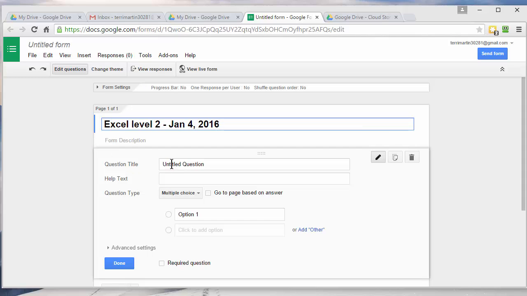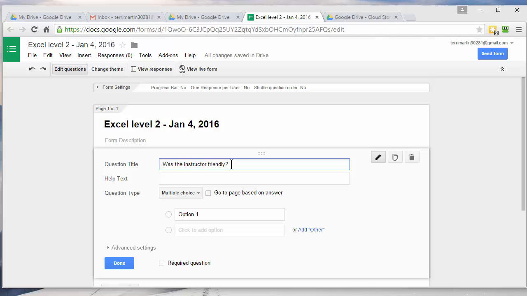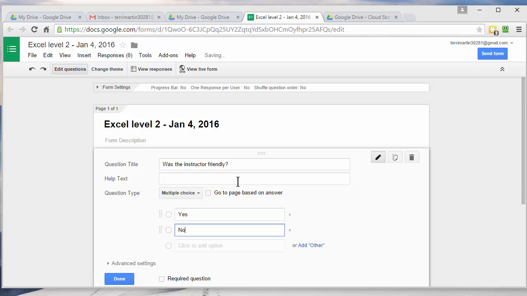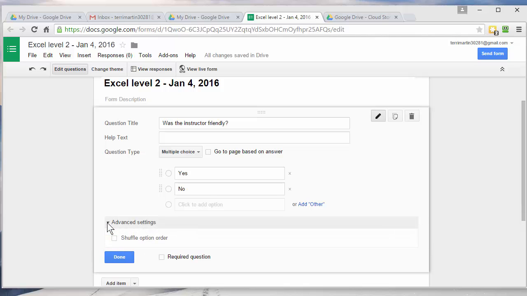Now let's make our first question. The first question is, was the instructor friendly? This is going to be a multiple choice type question because the options are yes or no. A couple options you can do here. You can make this a required question, meaning the participants have to answer it. You can also go to advanced settings and you can shuffle the order. So some people will see yes, no, other people will see no, yes. But for yes and no type questions, I usually don't shuffle the order, and required is up to you, but